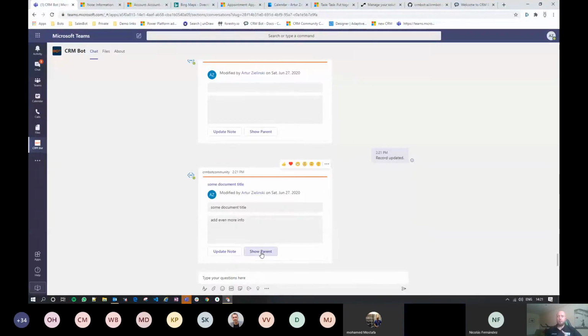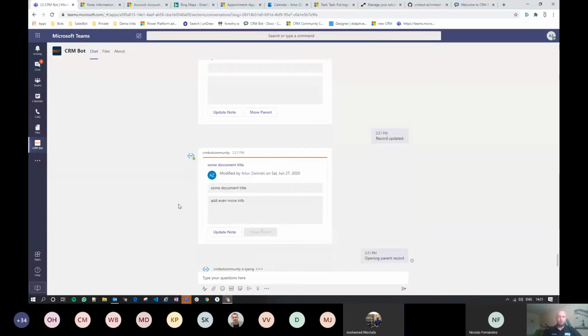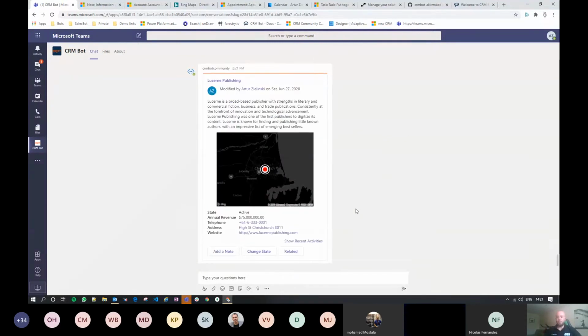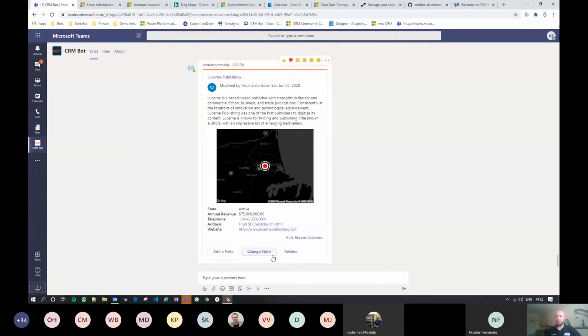So imagine a use case of field service or cases, or even salespeople going and meeting their customers and discussing, let's say, opportunities and wanting to be able to attach a price list. Or let's say you take an image on your phone of a customer's premises and you attach it. There are a lot of really cool use cases around this.